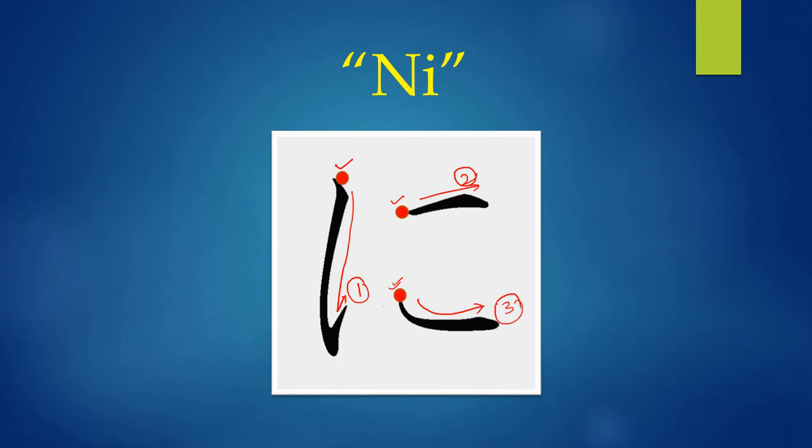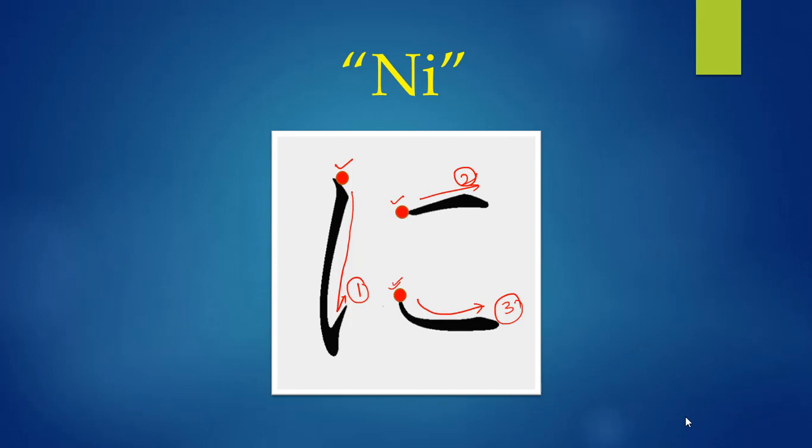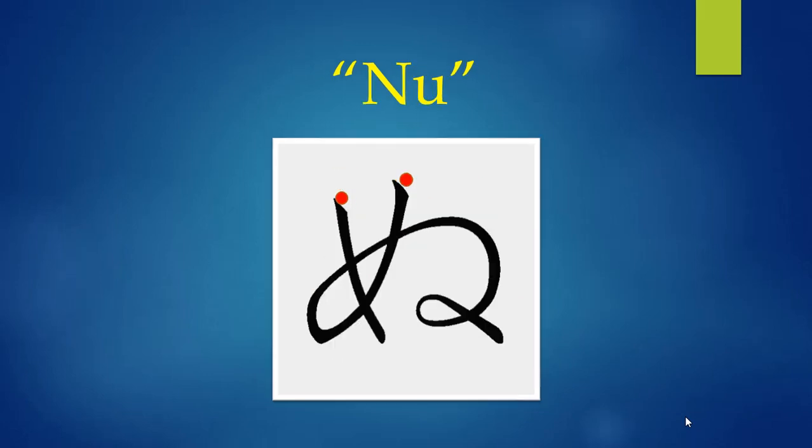Okay, let's see with a video. So this is first stroke, second stroke, and this is third stroke. Let's play again. So this is my first stroke, second, and third. So this is the way to write Ni. The next letter is Nu. It has two strokes,